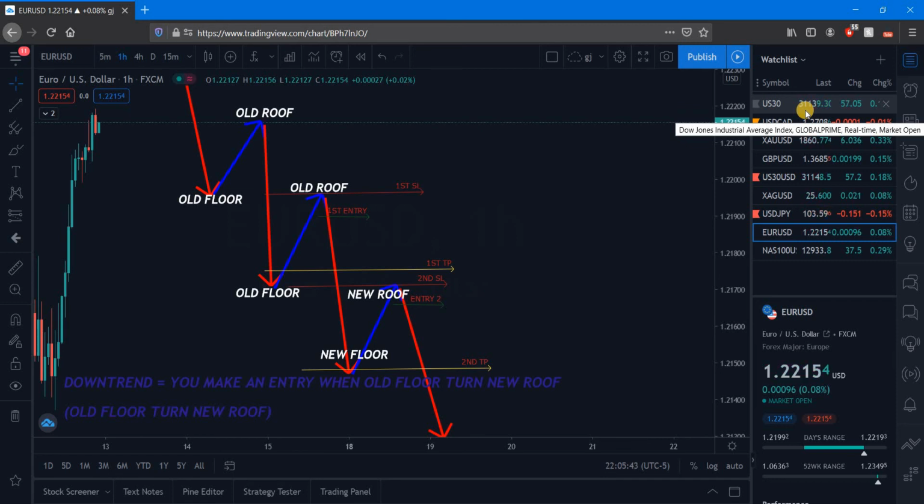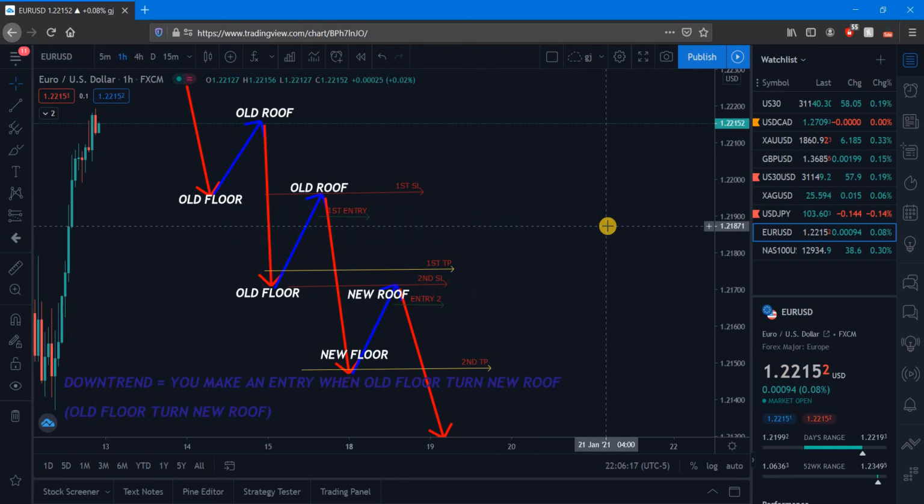This will work for US 30 in a good trading week. It will work for almost every single other pair, commodity, currency. But for currency, what I'm getting to realize is it would not work on the 5 minute or the 15 minutes so well. It would be best to use this on a higher time frame, like an hour or 4 hour, where you know that you're going to swing trade. So it's not really a scalping method or anything. But that is it for old roof, or old floor turn new roof, or roof and floor. Yeah, me know me kind of weird, but anyways,